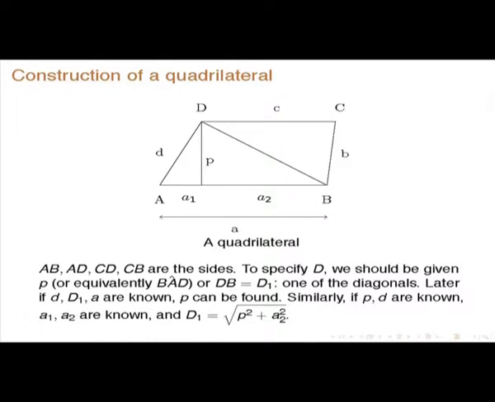So essentially A, B, these are the sides. We have to specify D, for instance this diagonal, or to specify this D. In a triangle, if you give the 3 sides, the triangle is completely fixed, but not in the quadrilateral. To specify this D, you should either give one diagonal, or give the perpendicular, or give this angle. So apart from the sides, you have to do one more thing.